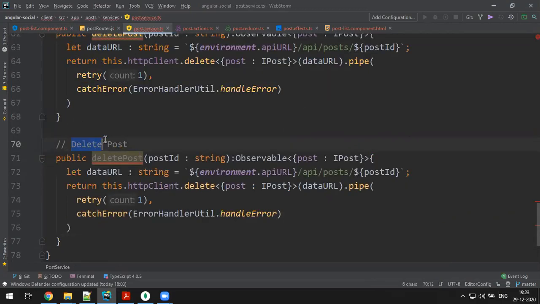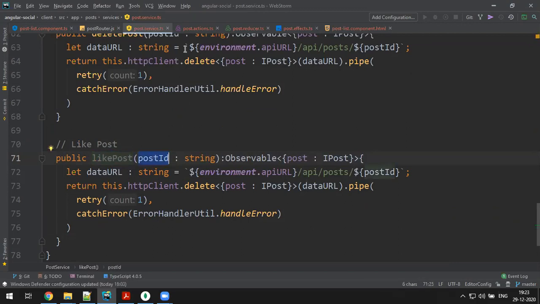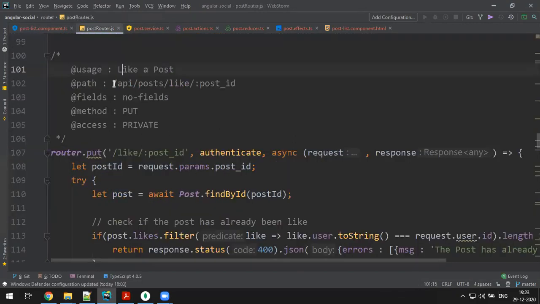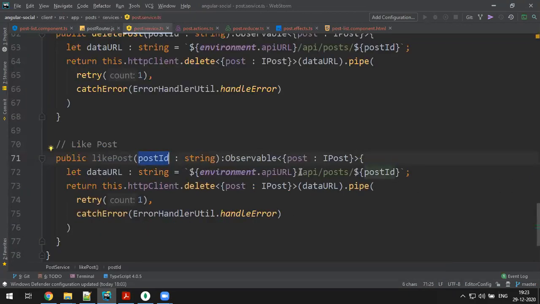So like post. This is like post. You provide a post ID. Parameter URL will be this one. Yeah, this is the URL. Post ID you provide to like.